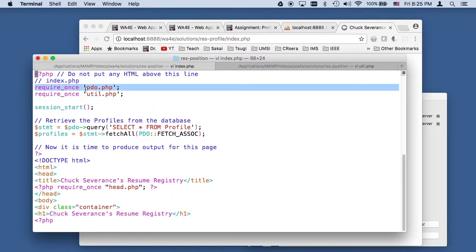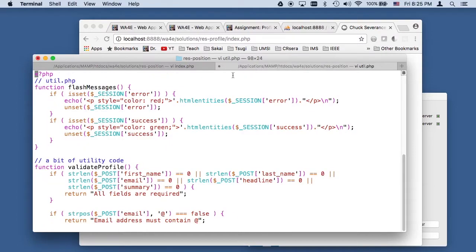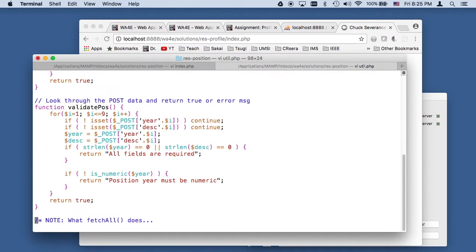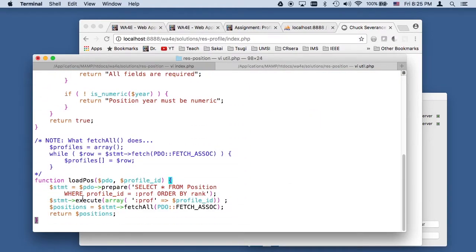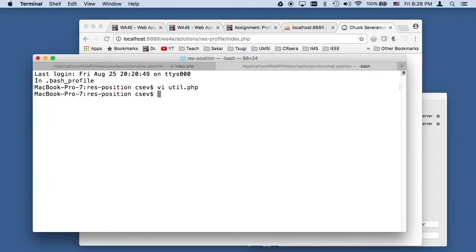I pull in my PDO to get my database connection, then I just define all these functions. It's kind of a perfect little thing where it's got no side effects. There's a less than question mark PHP. You don't put a question mark like that at the end because you don't want to put an extra space after that, or it will trigger the output that says you can't do headers. So when you make library code like that,